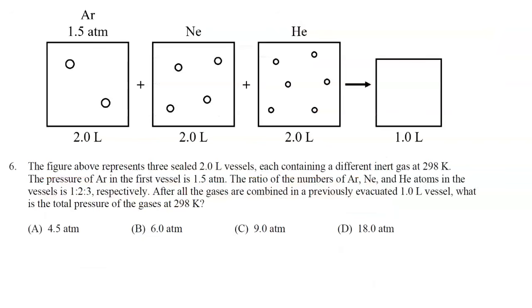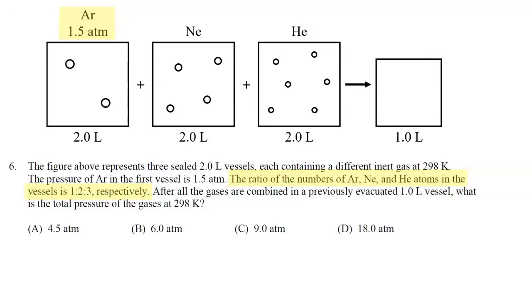Now let's take a look at question 6. Question 6 says the figure above represents 3 sealed 2.0 liter vessels, each containing a different inert gas at 298 kelvins. The pressure of argon in the first vessel is 1.5 atmospheres. The ratio of the numbers of argon, neon, and helium atoms in the vessels is 1 to 2 to 3,